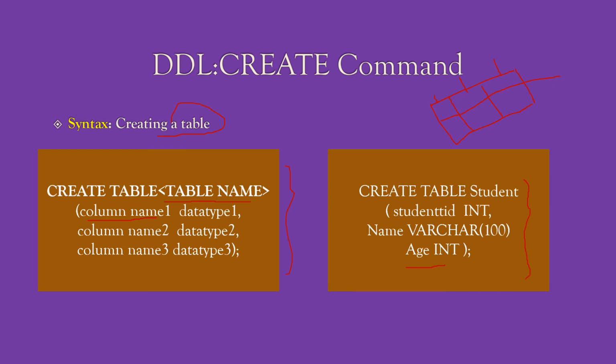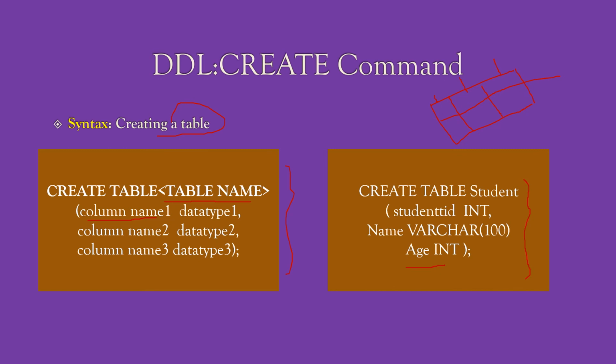In data definition language, the focus is on how to create a database and how to create a table, just the structure of the table. The next commands are alter, drop, truncate, rename. These are also related to the schema or structure of the table. How can we create a table, how to drop a table or how to alter a table? Altering a table means, for example, adding a new column to our table. Here the table named student contains student ID, student name, age, only 3 columns.